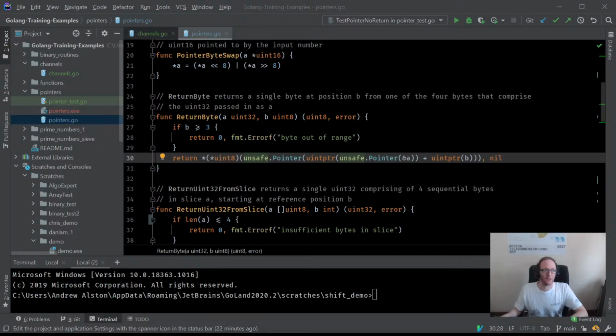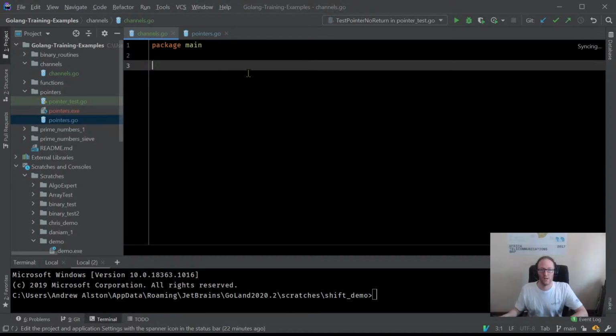Okay. So today we're going to be talking about Golang channels and concurrency. One of the major advantages that you find in the Golang language, and it's one of the reasons why, talking to people who use Golang like I do, as to why do you use Golang over something else? It's got to do with how easy Golang has made it to write code that can run concurrently, basically